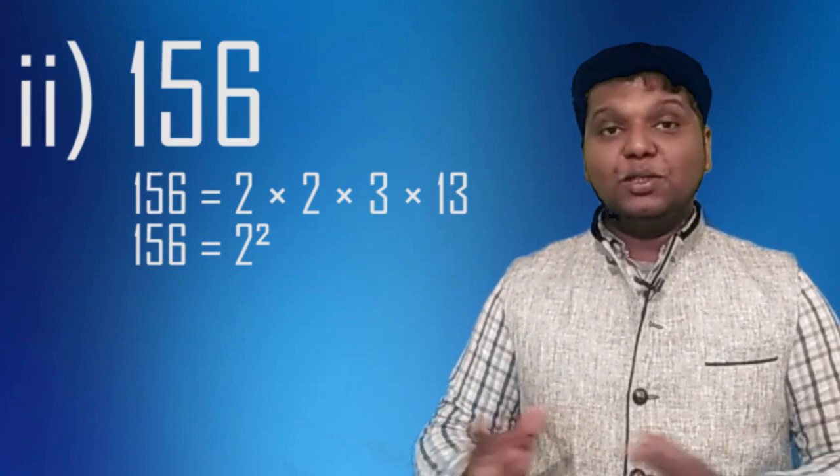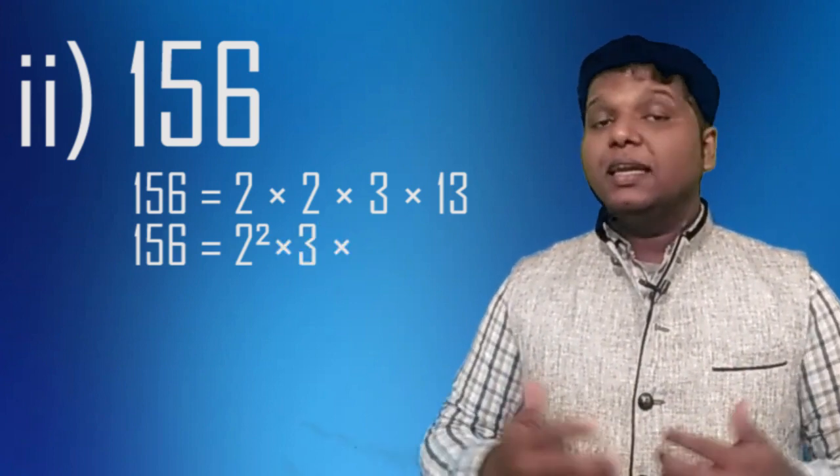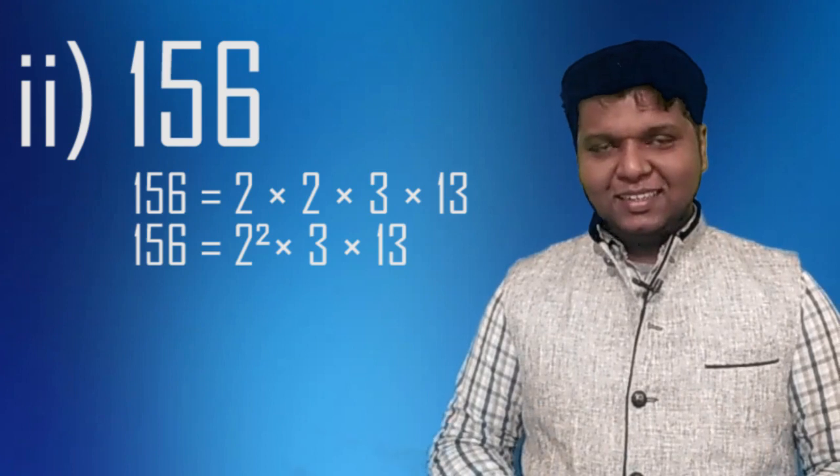That means 2 into 2. There is no need to write like that. 156 is equal to 2 square into 3 into 13. That's it. Next one,